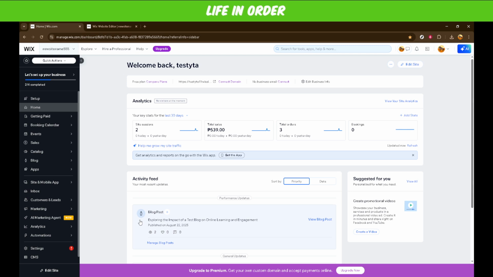First, head over to the Wix homepage. If you aren't already signed in, go ahead and log into your account. This is where the magic begins. Wix is well structured, so once you're on the homepage, you should easily find your way around. As you start this journey, remember that setting up a subdomain does require a premium plan. Without this, you won't be able to add a subdomain to your Wix site, so it's worth considering an upgrade